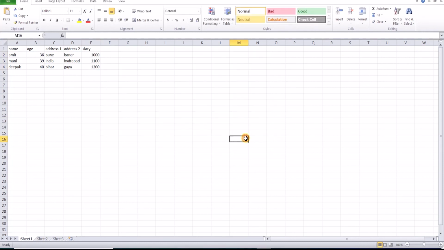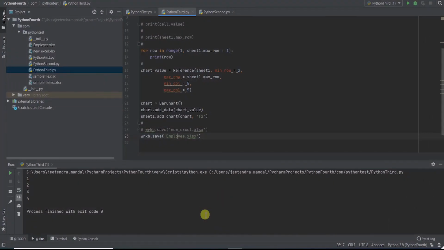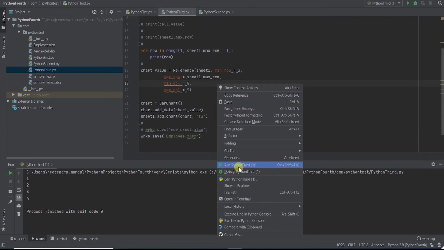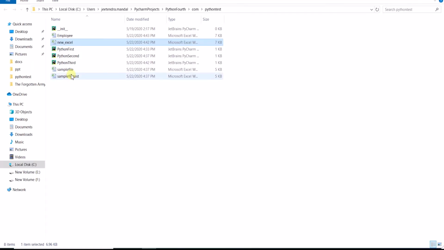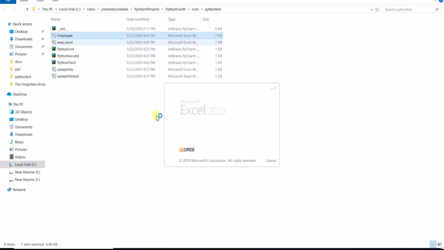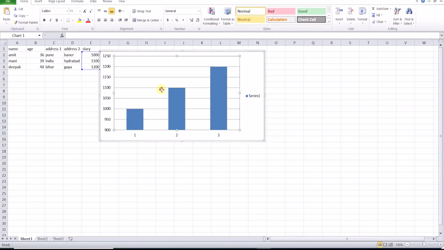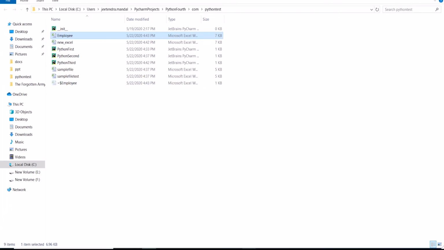If you want to insert the bar chart in this file itself, I'll just save it. This is the employee file, which doesn't have a bar chart. If I run it, it will insert the bar chart in this file itself. Let me see if it has been created. See, the bar chart gets created, and it is selecting this column's values.